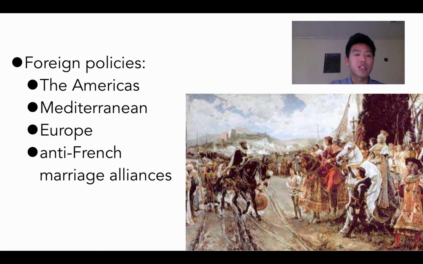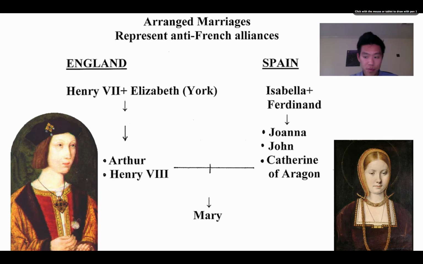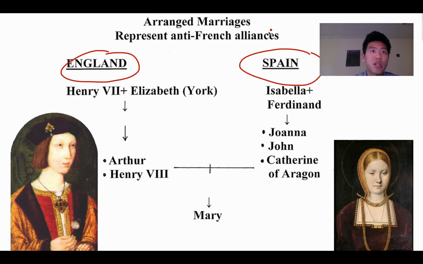through certain marriage alliances, they're going to kind of check the power of the French by building alliances with England and with the Germans and the Austrians, but not the French because that's their neighbor and they don't like them. Okay, so here's an example. Here you have England, if I can get this going. Okay, so here you have England and Spain working together,